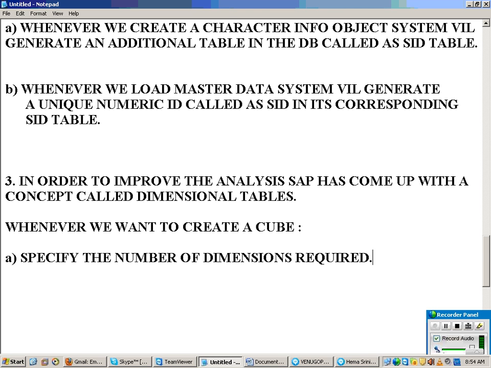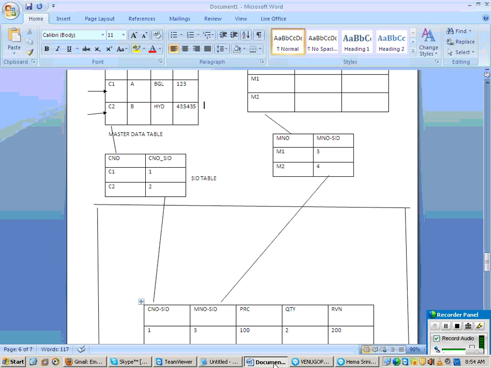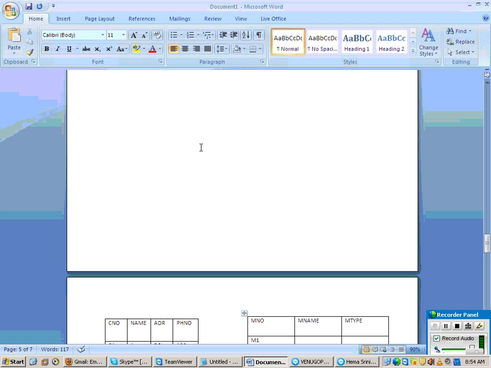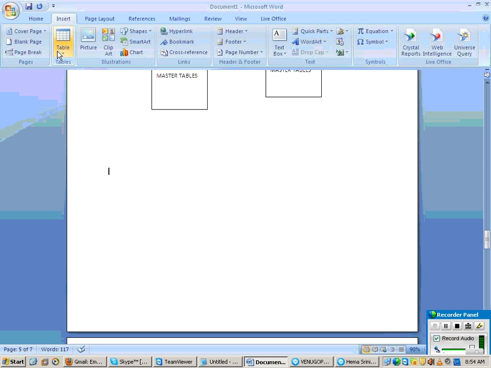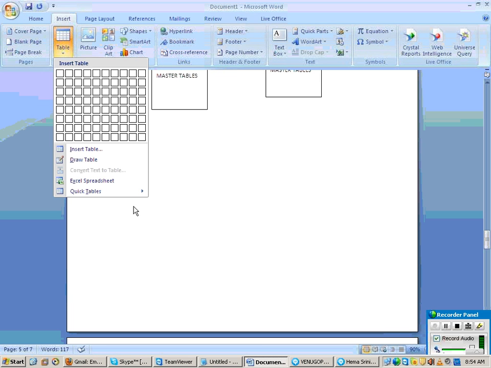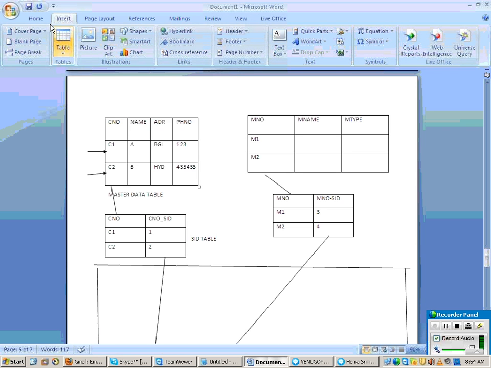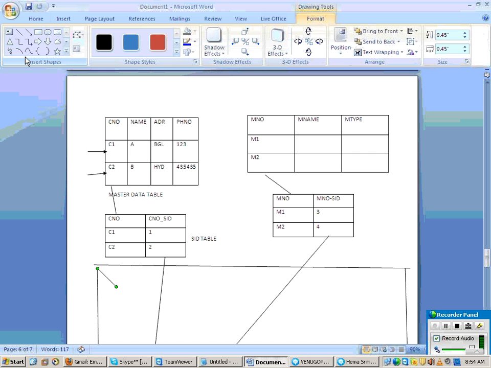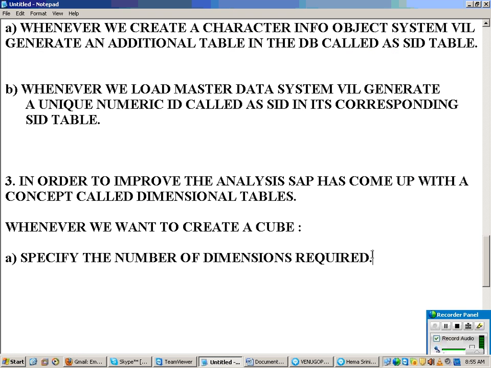So now, imagine I am specifying that I want 2 dimensions, 1 and 2. Let us say I want to analyze the data from 2 angles: one is the customer angle and the other is the material angle. In the front end you are specifying the number of dimensions, but what is the impact on the database?